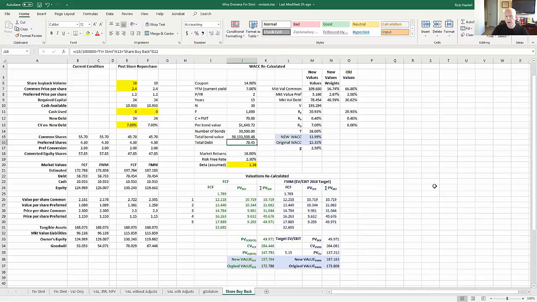And remember, this amount was 58.73, but that was before we changed the current yield, and it was before we borrowed an extra $24 million. So if we look at how I got to this 78.45, I'm taking now this new market value of bonds, and since that's expressed as a real dollar amount, I have to divide it by 1,000,000 in order to get it into the right scale. And then I'm picking up from the financial statements the non-bond debt that this company has, and then I'm adding the debt that we're picking up.